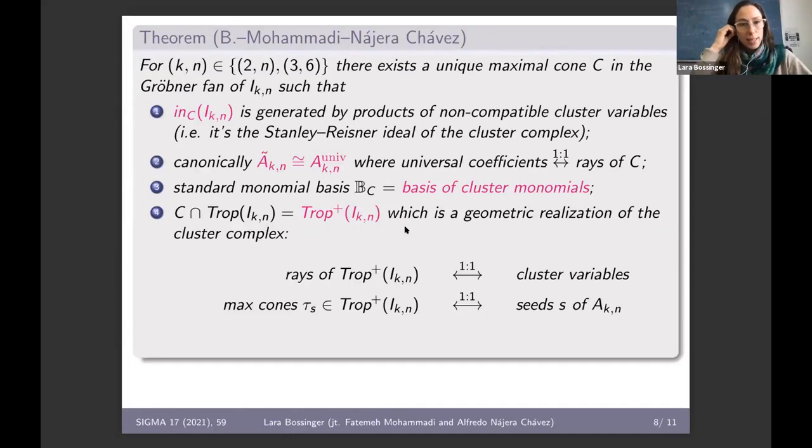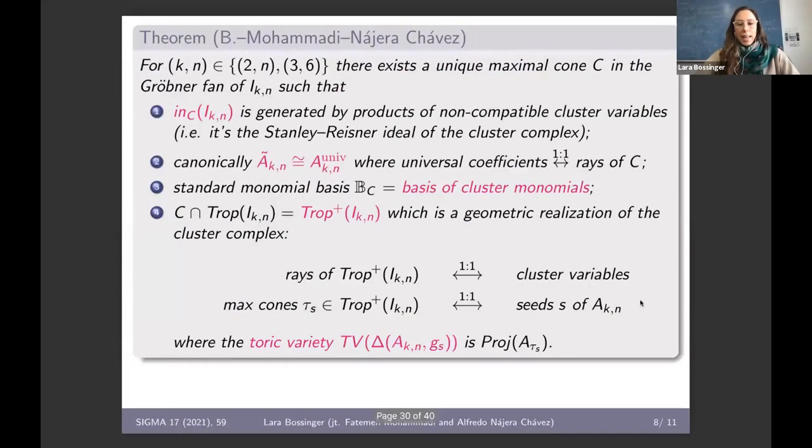The tropicalization in this case is a geometric realization of the cluster complex. This was shown already by Speyer and Williams, but in a very different way. So we get here a one-to-one correspondence between the rays of the positive part and the cluster variables, and the maximal cones of the positive part of the tropicalization and the seeds of the cluster algebra. And lastly,